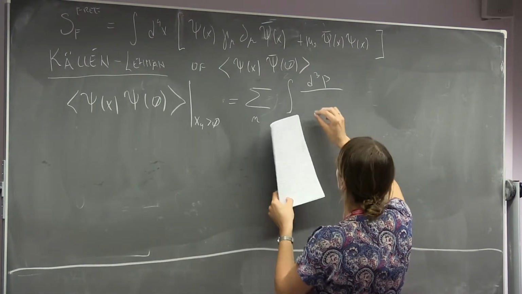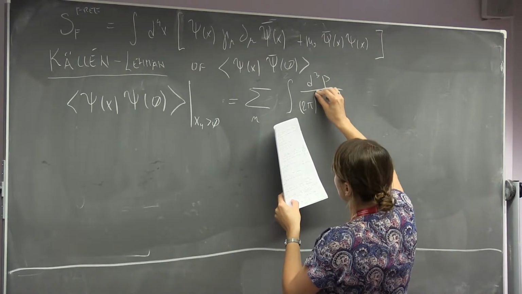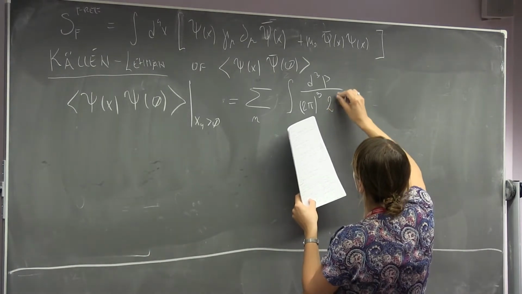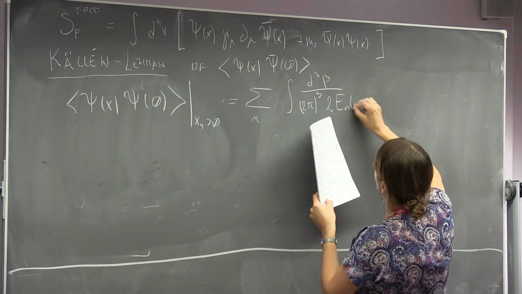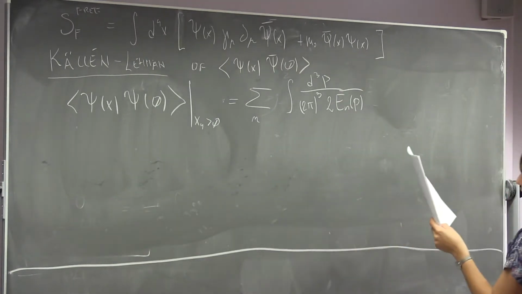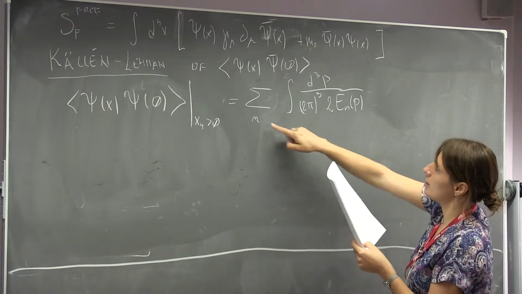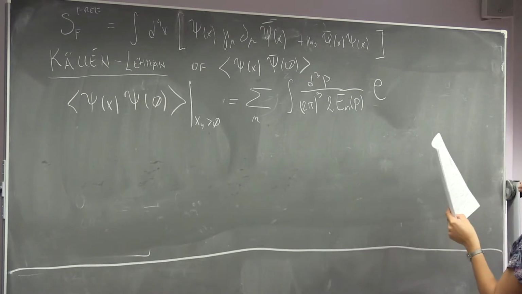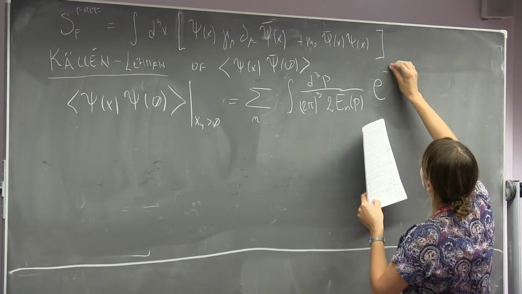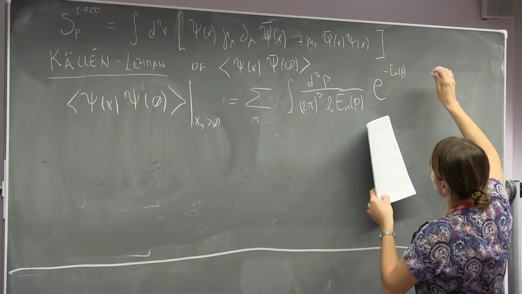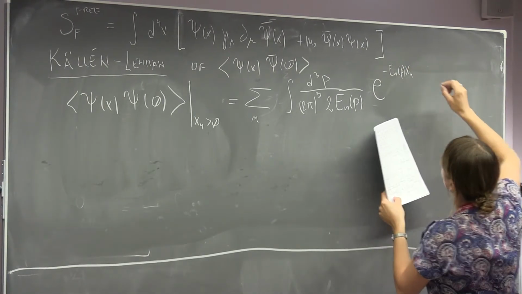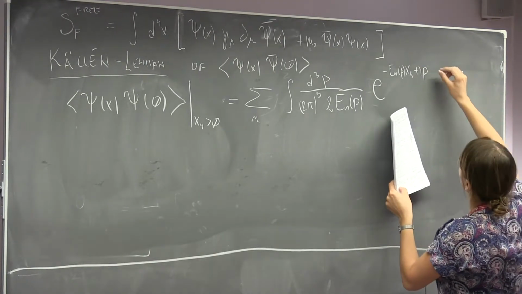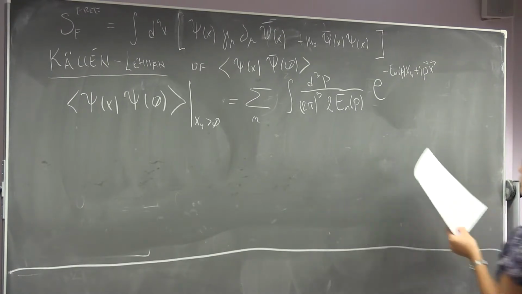The integration over the spatial momenta, times 2 times the energy of the particular state n, so it's a sum over all multi-particle states, multiplying e to the minus E_n of p times time coordinate x4, plus i vector p times vector x,